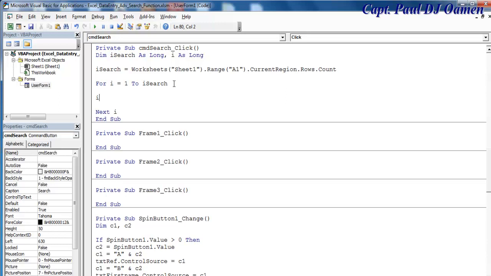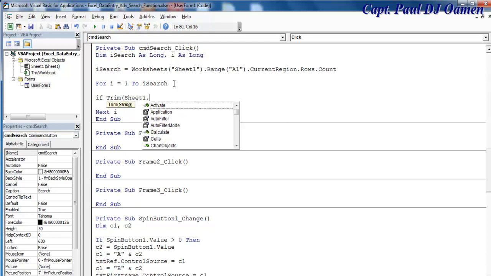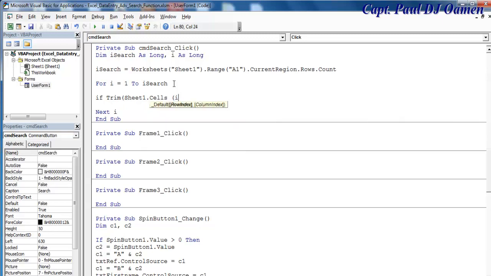So I'm going to use if statement, if trim, that will be sheet 1 dot cells, open a bracket, and that's I1, close that, not equals string, and that is going to be, because I am using the search box, whatever I have in here, so dot text